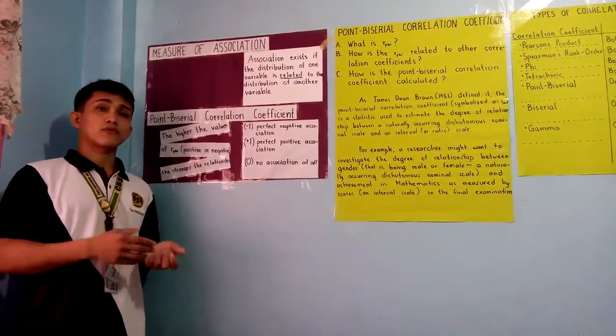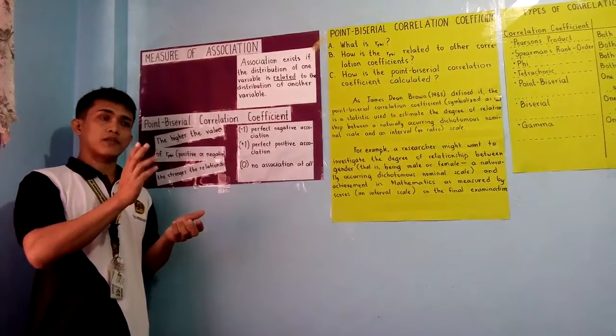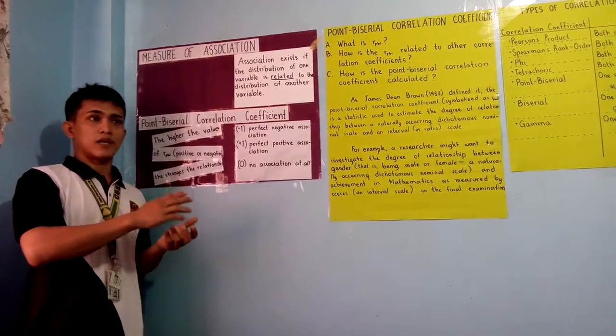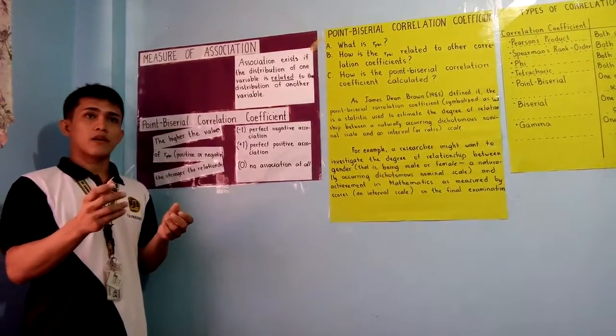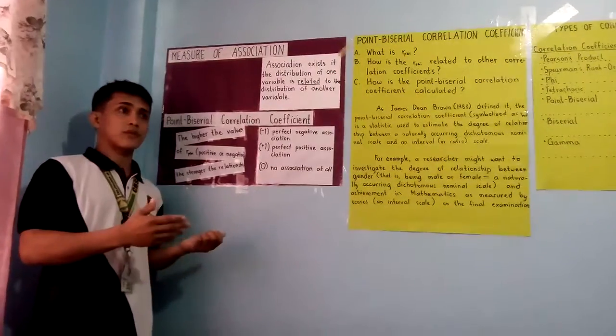When you say continuous, as in our previous statistics, it may have a certain decimal, not exact, not discrete. While dichotomous, in other words, binary,